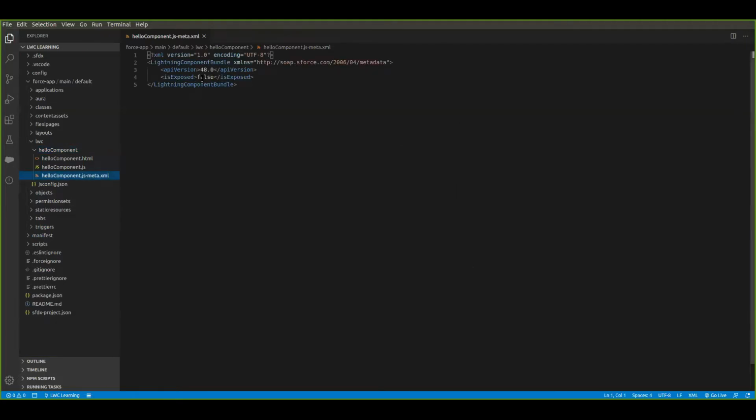If we set isExposed to true, then we have to specify the target where we want this component to be visible. As you can see, I'm creating one target.